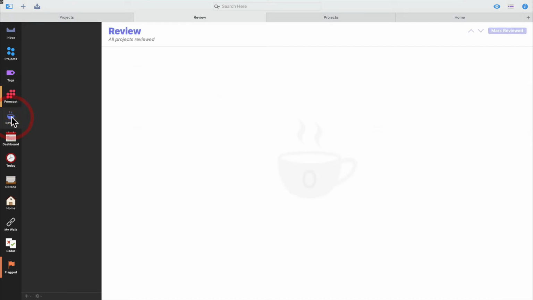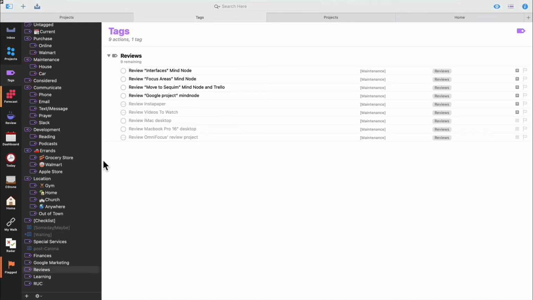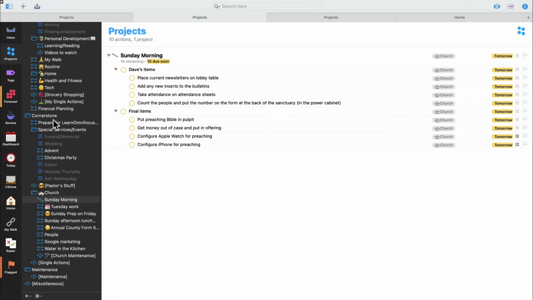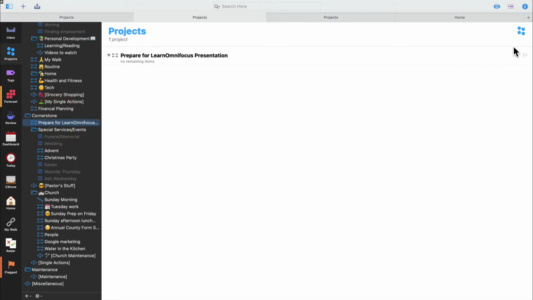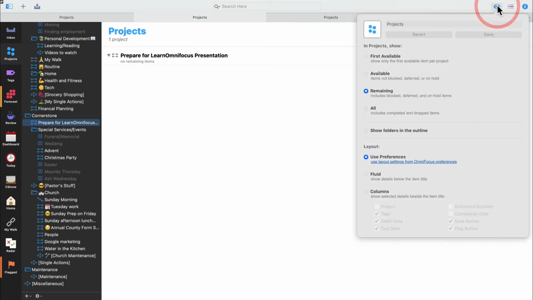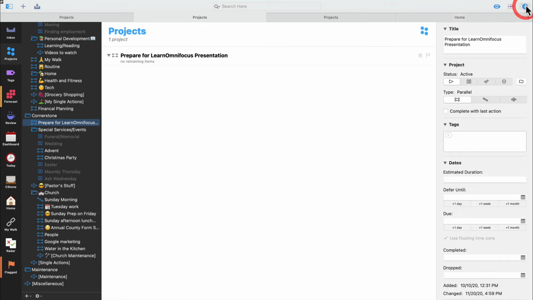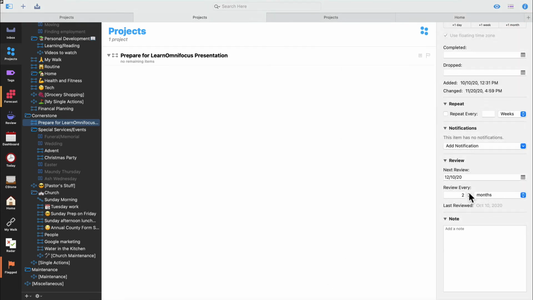And then you have the built-in review. Yeah, I did that last week. So sorry, no review things. I spread those out. You can tell each project how often to review it. So review every 2 months, you can review it and so I spread this out, and I have things like the stuff for the county filings. I review it every year because I only have to do it every year.